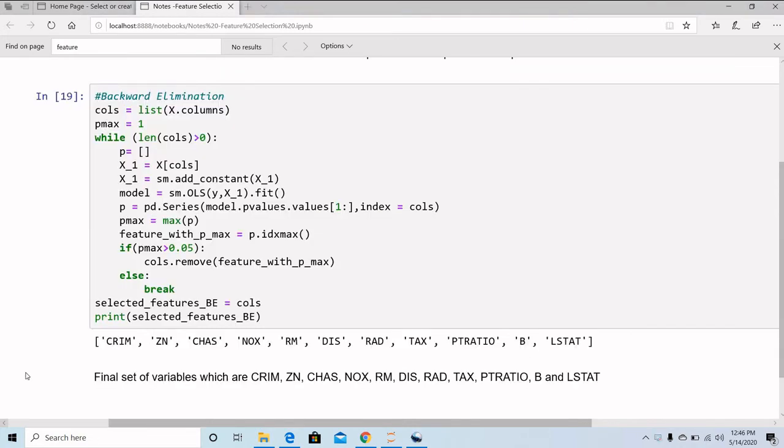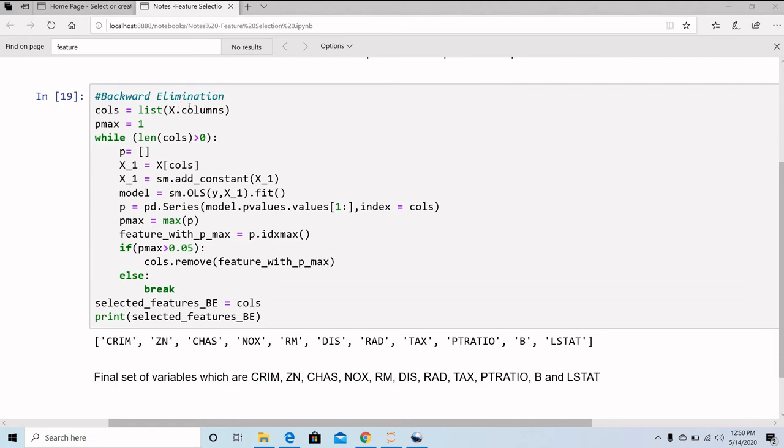The next method that we are going to study here is the backward elimination method. Backward elimination is a feature selection technique used while building a machine learning model. It is used to remove those features that do not have a significant effect on the dependent variable or the prediction of output. Backward elimination, or backward deletion, is the reverse process. All the independent variables are entered into the equation first, and each one is deleted one at a time if they do not contribute to the regression equation.